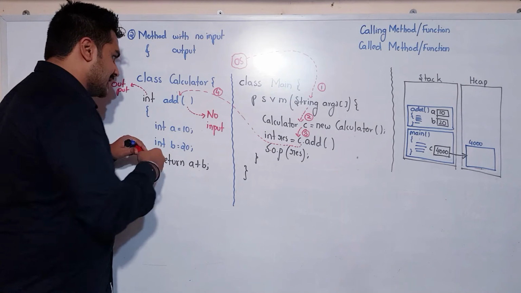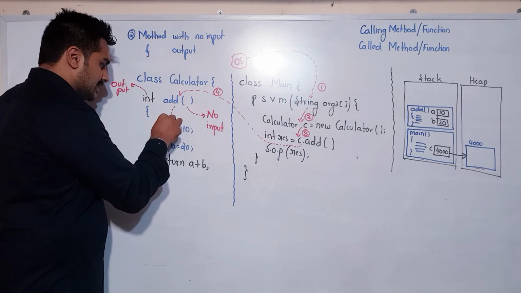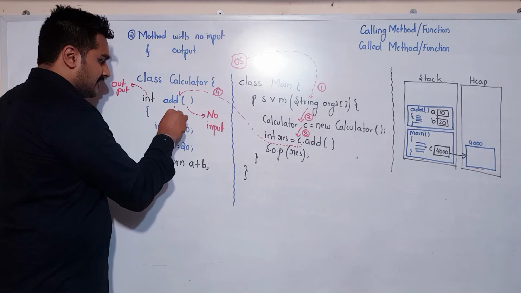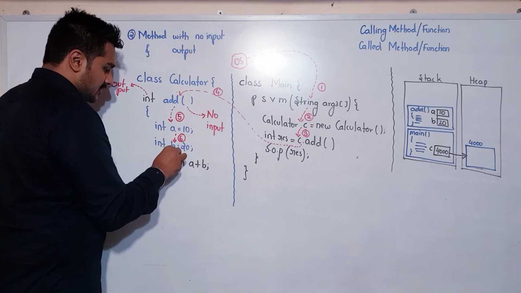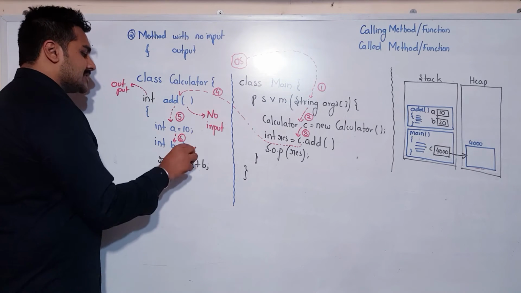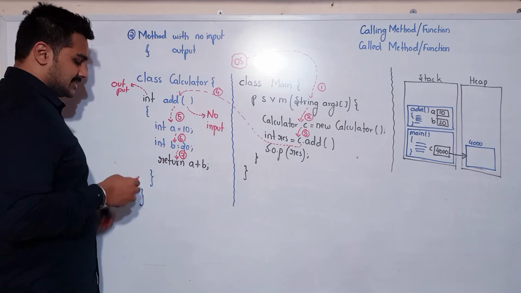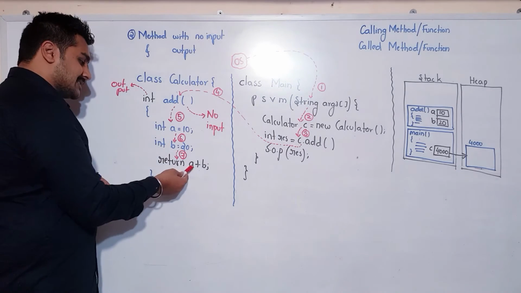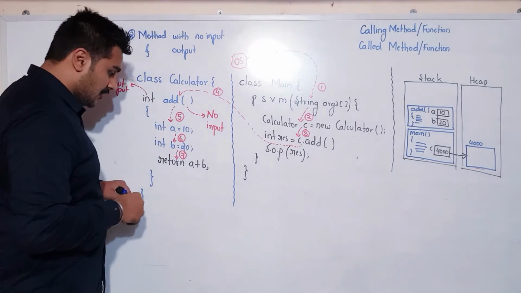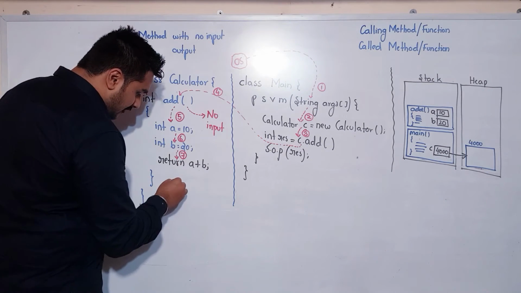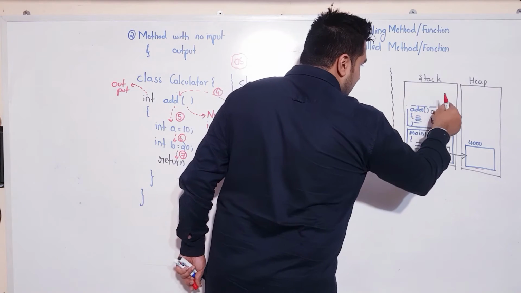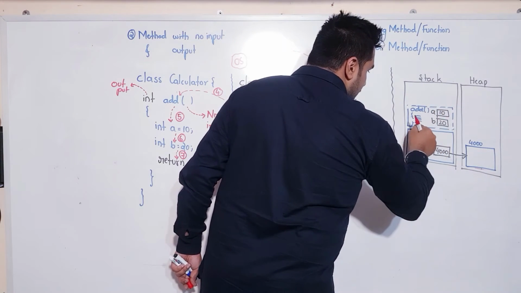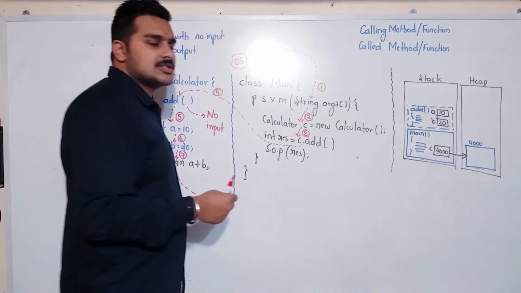Next, I will enter inside. It is step number 5. I will assign the value. That is already done. This is also already done. Now I am finding out the result. Once the result is found, I am going to return this data. Whatever is here, I am going to return it. So, once I move out of this function, what will happen? The activation record will get deallocated. I have already told you this.